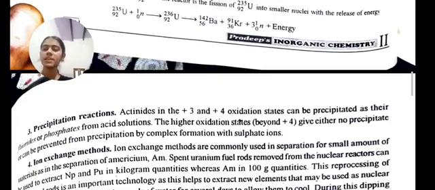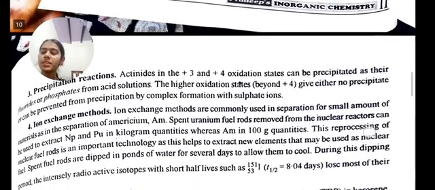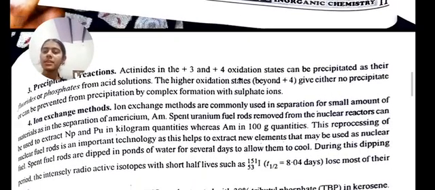Ion exchange methods are commonly used in separation for small amounts of materials, as in the separation of americium. Spent uranium fuel rods removed from the nuclear reactors can be used to extract neptunium and plutonium in kilogram quantities, whereas americium in 100-gram quantities. The reprocessing of nuclear fuel rods is an important technology as this helps to extract new elements that may be